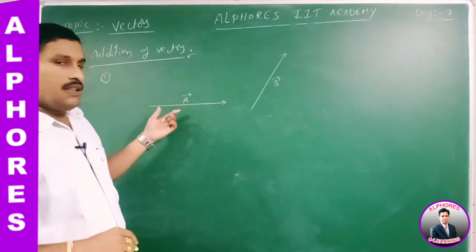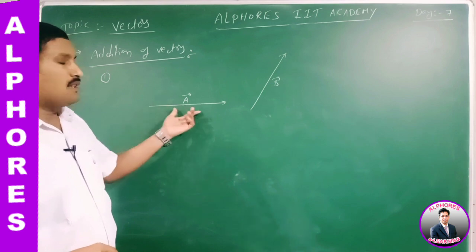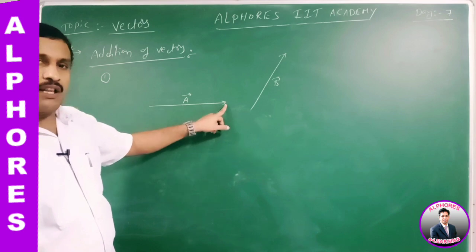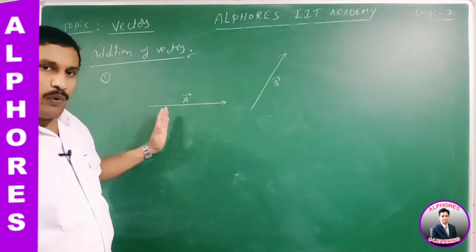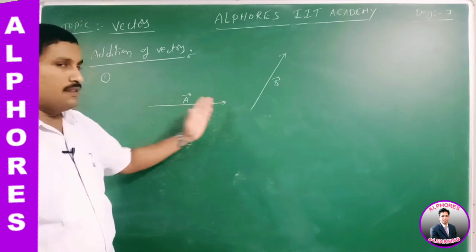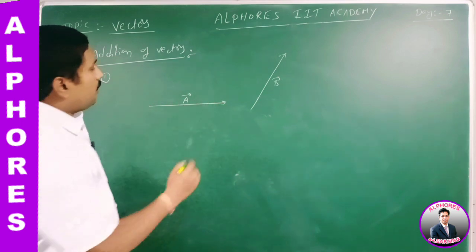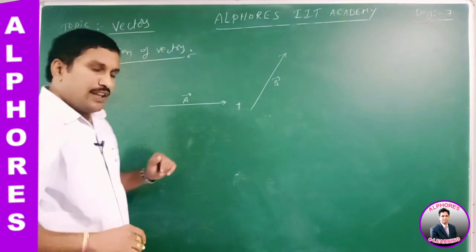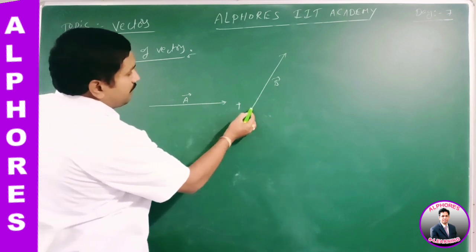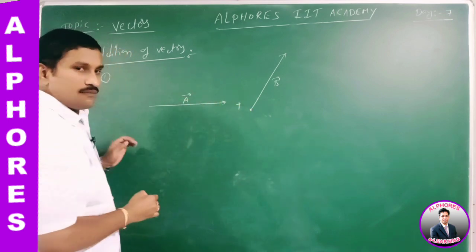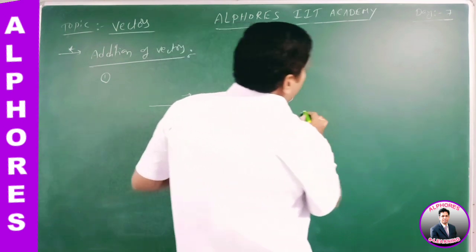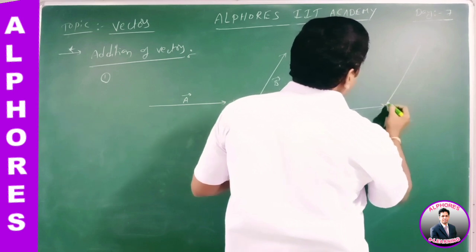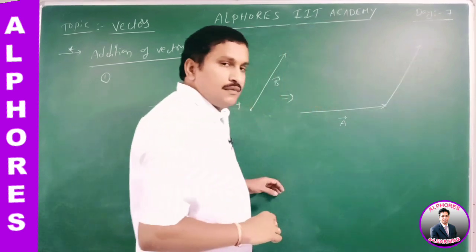The geometrical representation of a vector is a straight line segment with an arrowhead. The initial point of the vector is the tail, and the final point of the vector is the head. That means each and every vector has two points, tail and head. In order to add these two vectors, I have to add the tail of the second vector to the head of the first vector. Listen carefully: this is a bar, and the tail of the second vector is added to the head of the first vector like this. This is the second point.